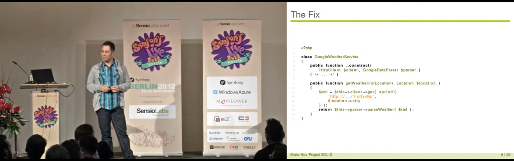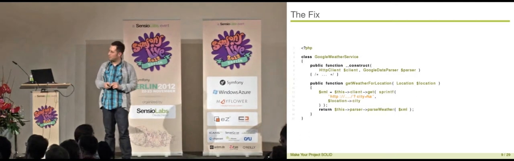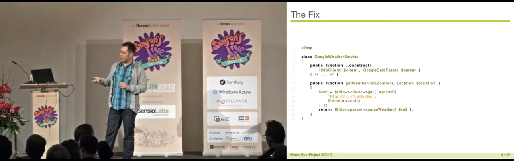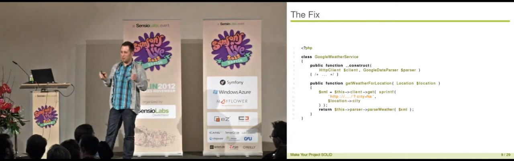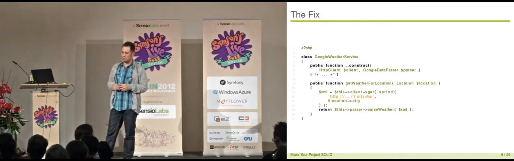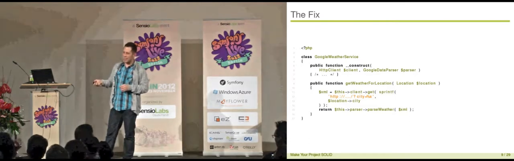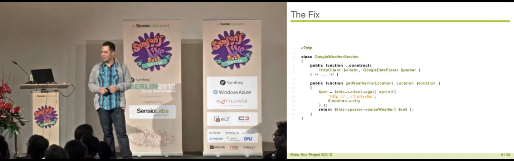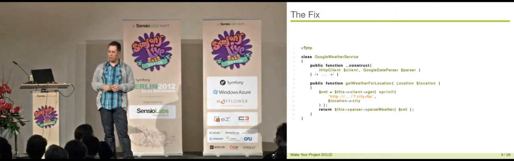No, please. You have the XML format coded here. So if Google decides to feed it in as JSON, it's a second reason to change it. Not really. That is only if I want to rename that data variable. I wouldn't need to change the class, because then I just give it another Google data parser which parses JSON. The variable still says XML, but I don't need to touch the code if I don't want to. Okay. And it's a poorly named variable. Yeah, renaming that variable is a pretty good idea for the next instance of the talk. Absolutely.